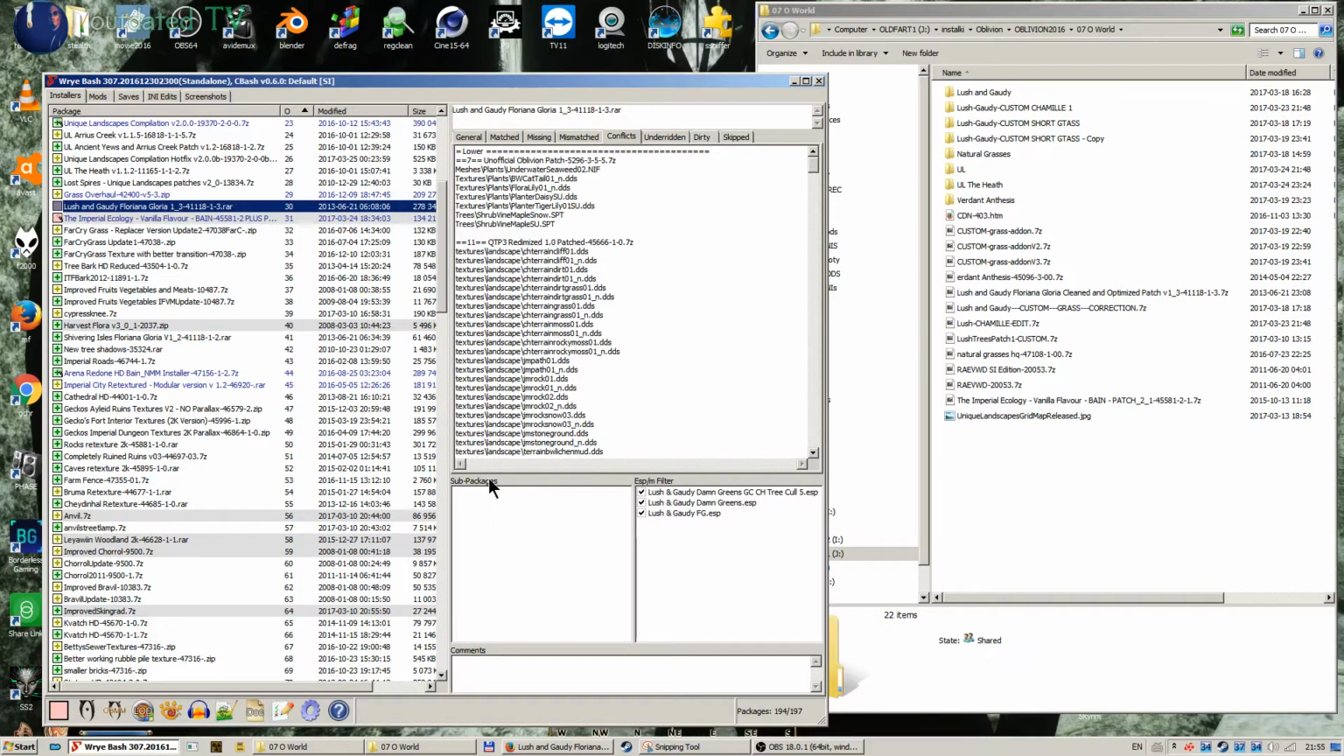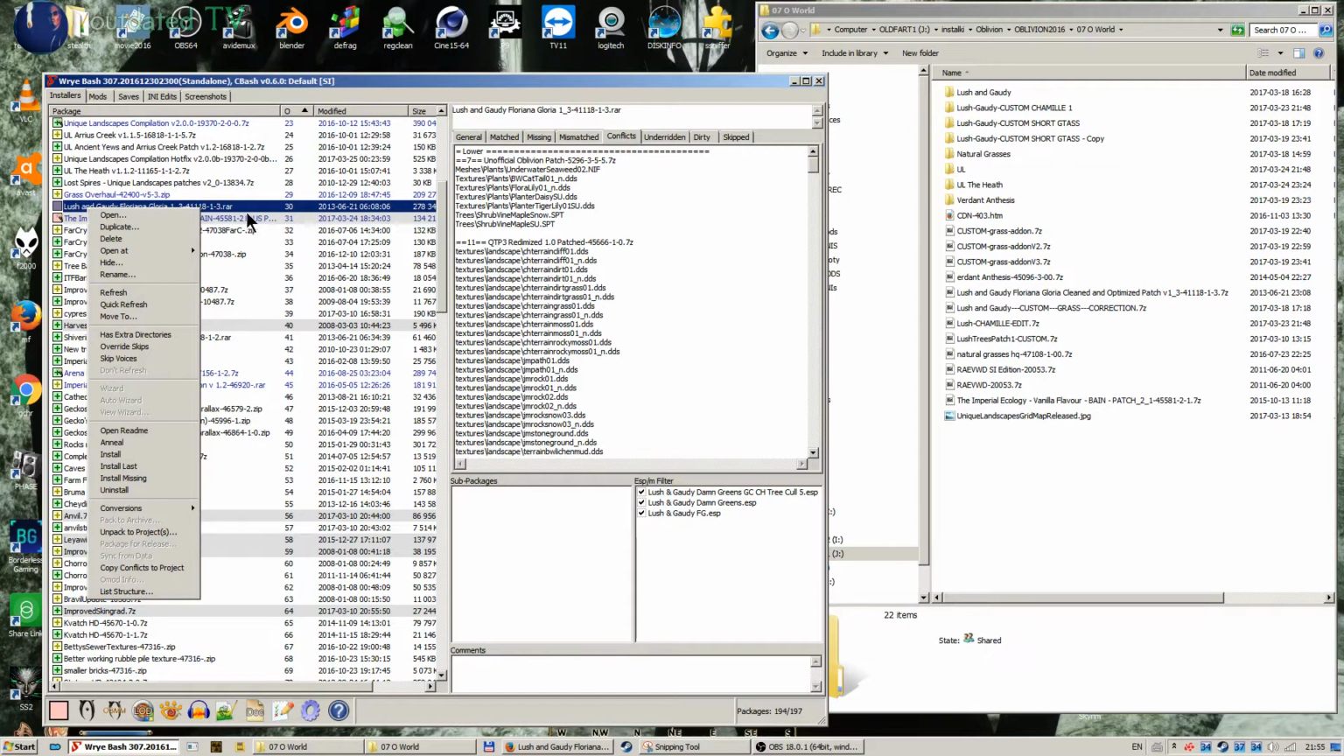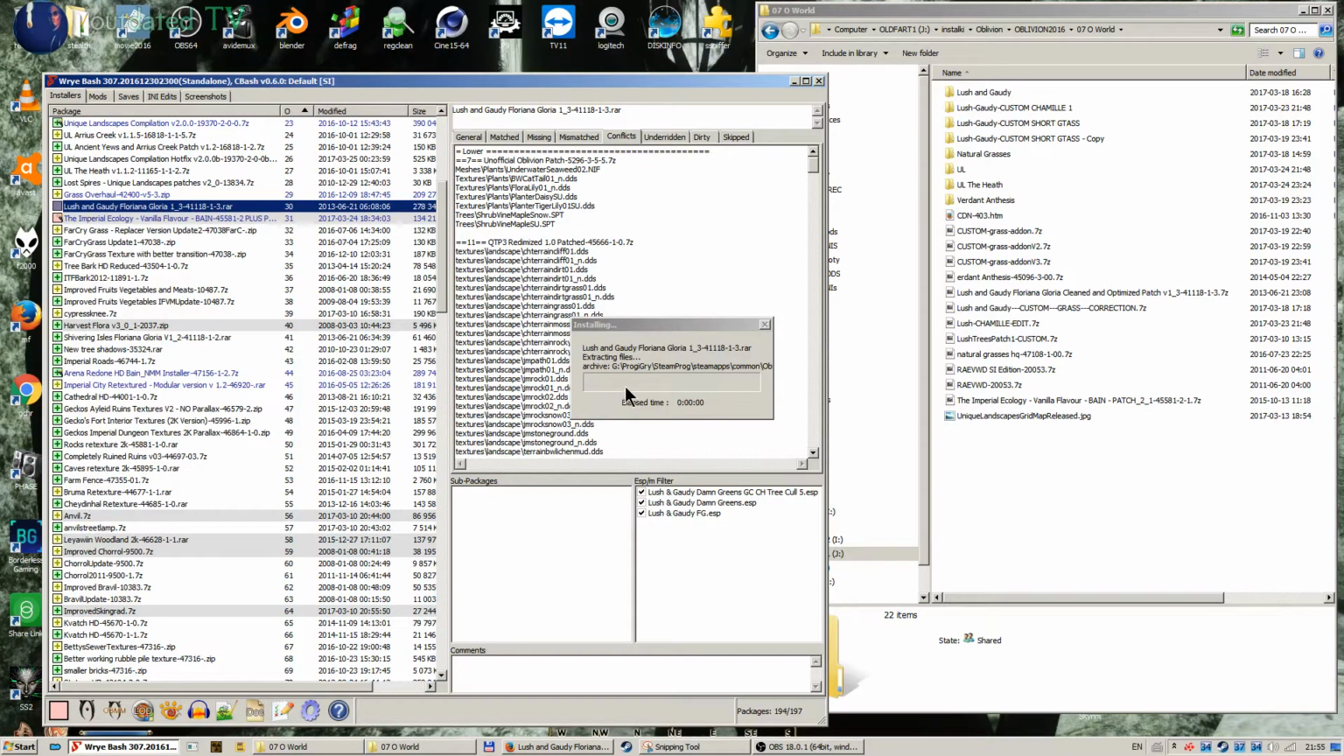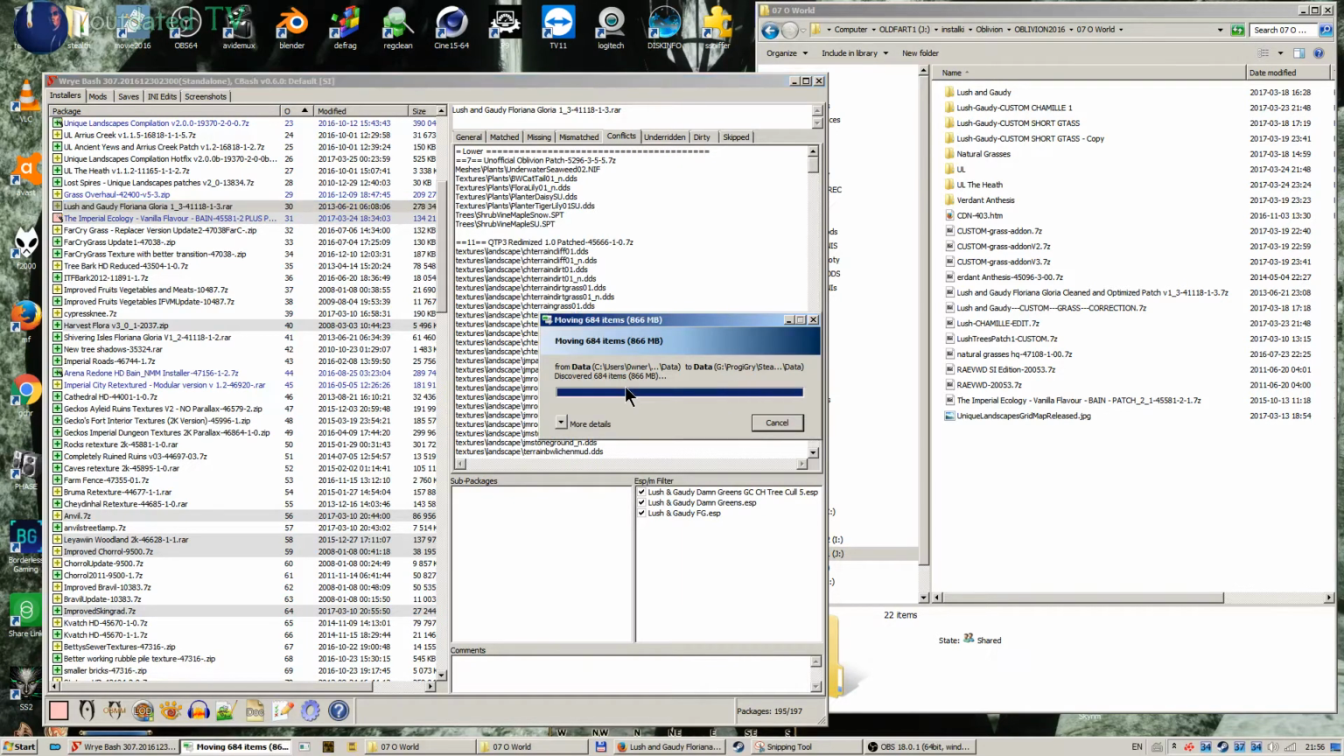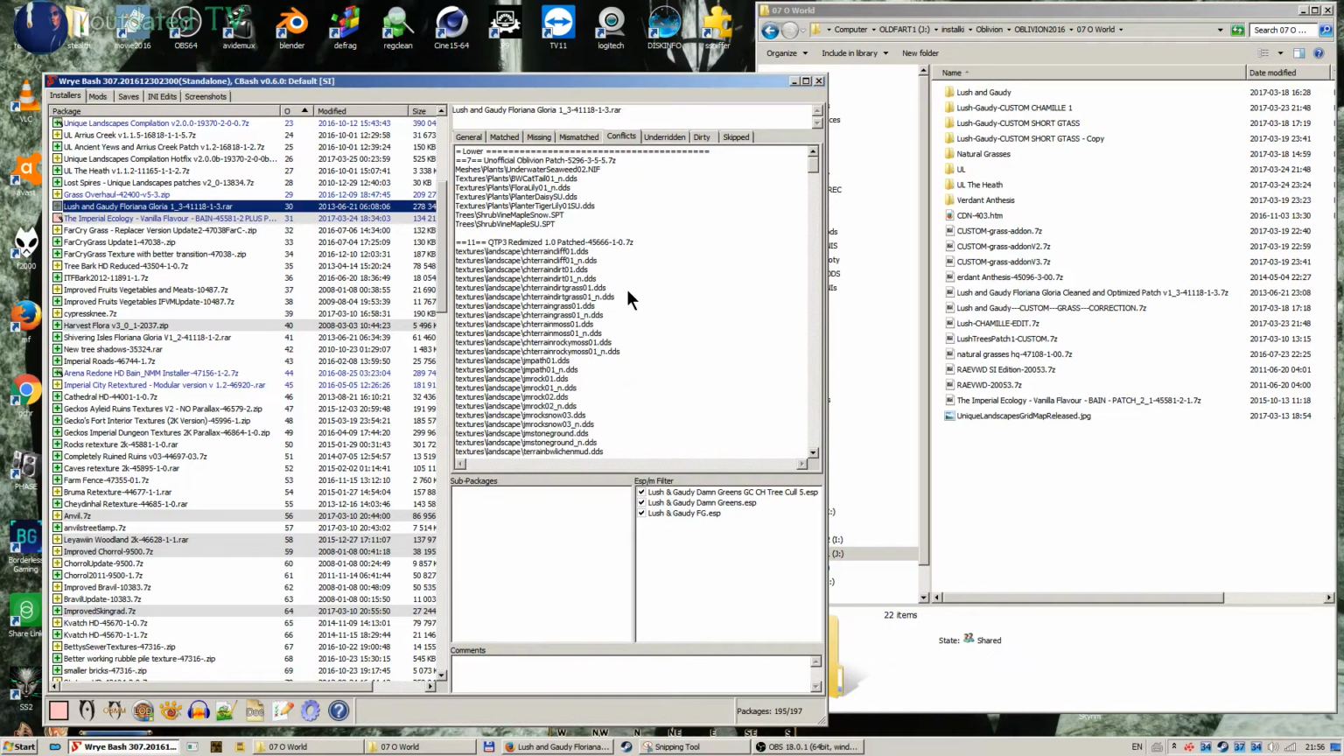It does not have any sub packages structure, so it's just a plain install everything. I install it and all the ESPs. So right click on the mod once it is in the correct position after the grass overhaul, and click install, and let Wrye Bash do its job. Alright,